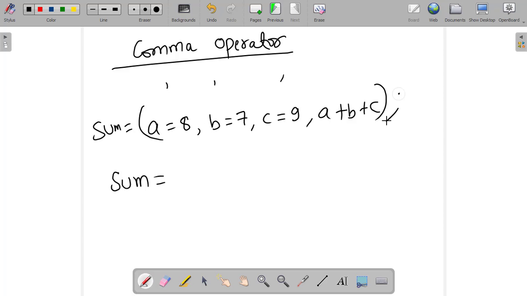Simple. So it will print the sum of all. So sum will be 8 plus 7 plus 9, 24. We will be seeing this use case in the video when we go to the code editor.